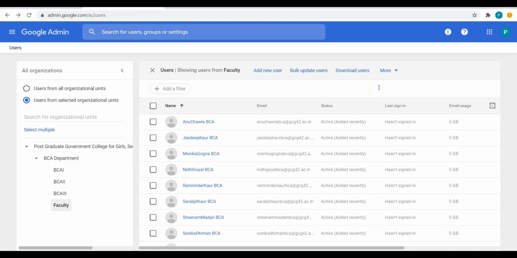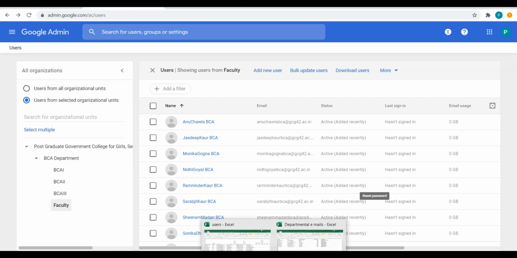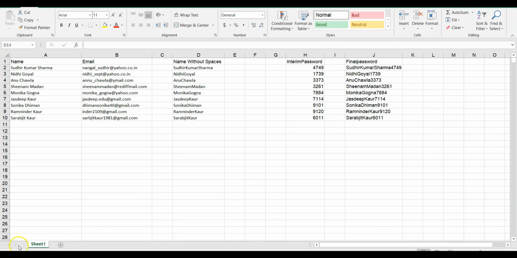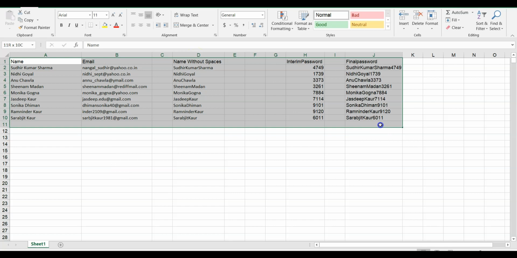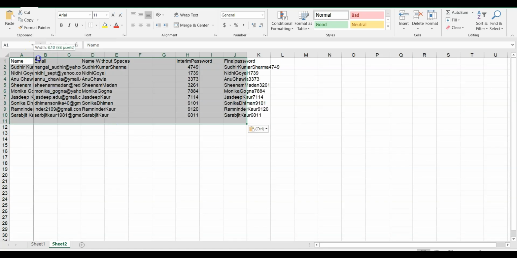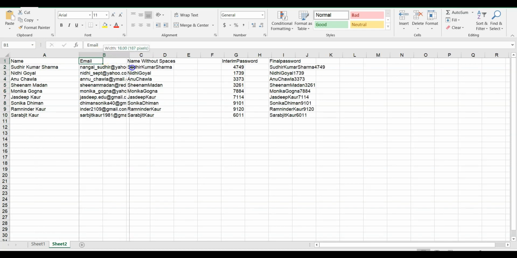At this time these users are there with their passwords, but we need to inform these users that your email is created and your passwords are created. So you need to use these credentials to log in to your Gmail accounts in the future. So we want to send an email to all of them individually, telling them what their new email for Gmail is, and what the password is going to be.